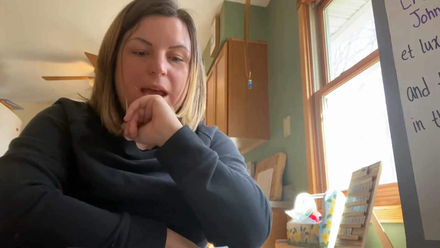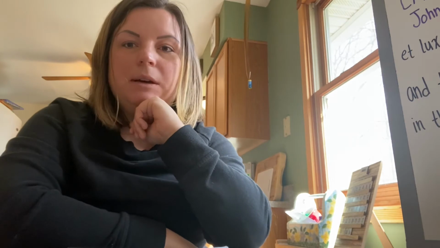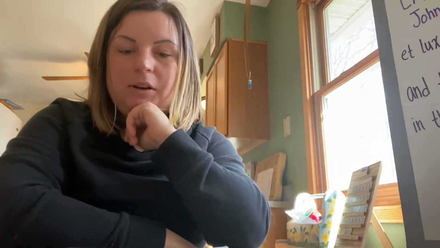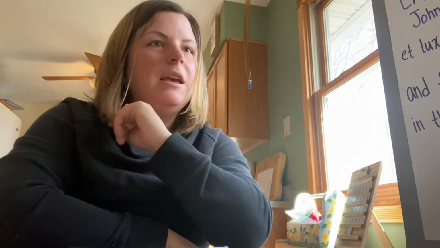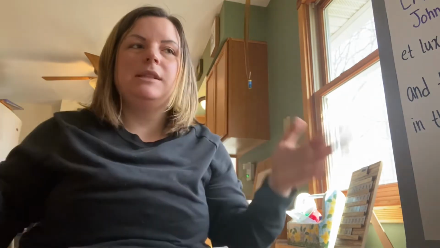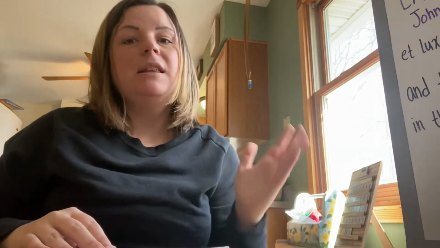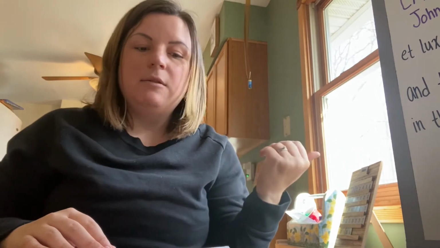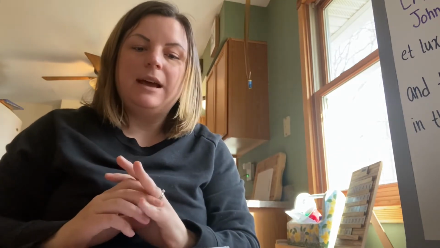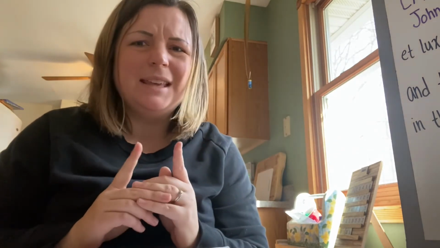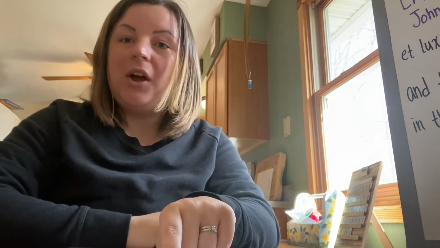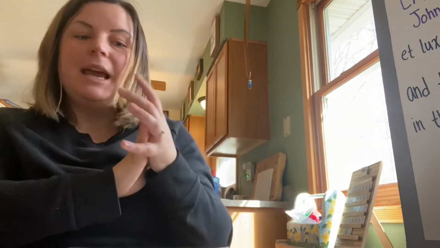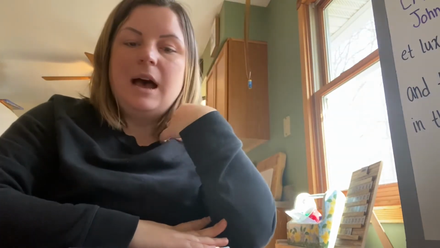Then for math, we're going to continue. You can look up Classical Conversations Geometry song on YouTube. I'm trying to think of how it goes. It's like, the area of a rectangle equals length times width. The area of a square equals length of a side squared, S squared. The area of a triangle equals 1/2 base times height. I think you can look it up. So we're just going to add this week's verbiage on and then practice the 3 weeks together a few times.